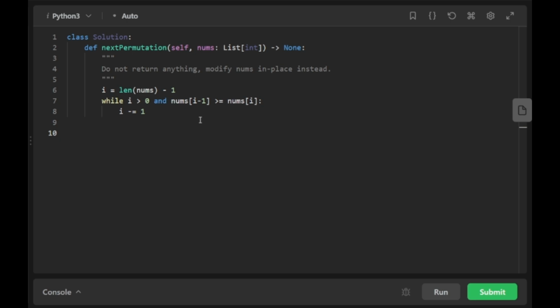Now in our I, we have the index from where our decreasing subarray starts. Now we will check if our I is smaller than 1. And if it is smaller than 1, then our whole array is in the decreasing format. That's why we can just reverse it, if our I is smaller than 1. Else, we will take another index from the last,